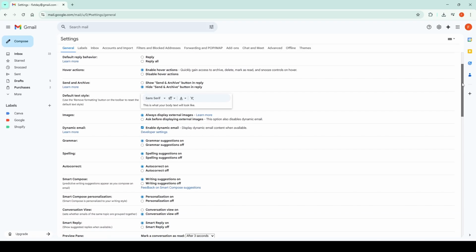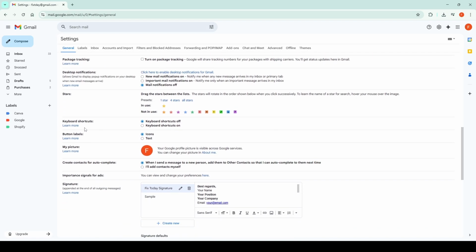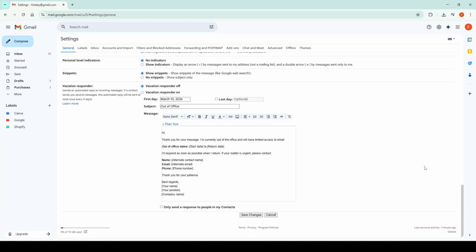Next, scroll down through the settings until you find the section called Keyboard Shortcuts. In some accounts, this feature is turned off by default, so you may see that it's currently disabled. To enable it, select the radio button labeled Keyboard Shortcuts On. This will activate Gmail's built-in keyboard shortcuts so you can perform actions more quickly using your keyboard instead of clicking